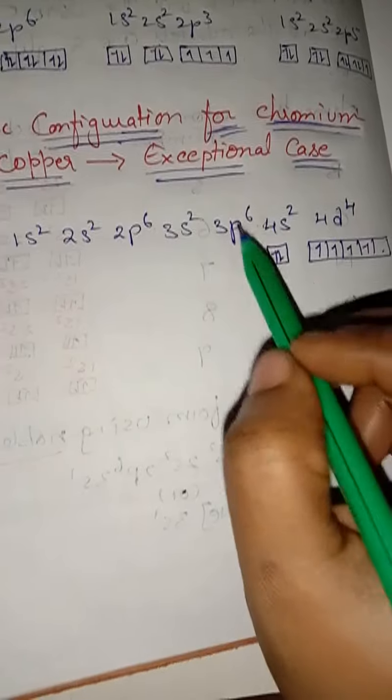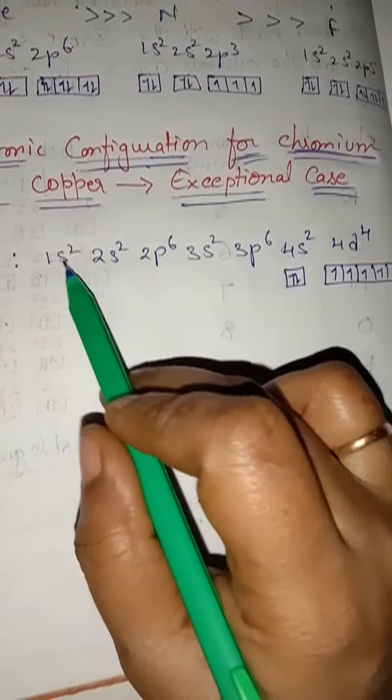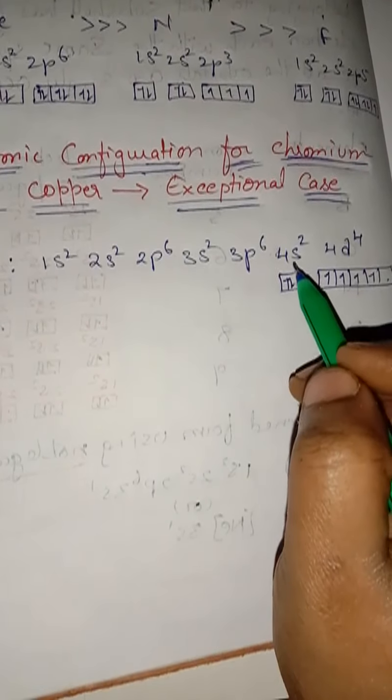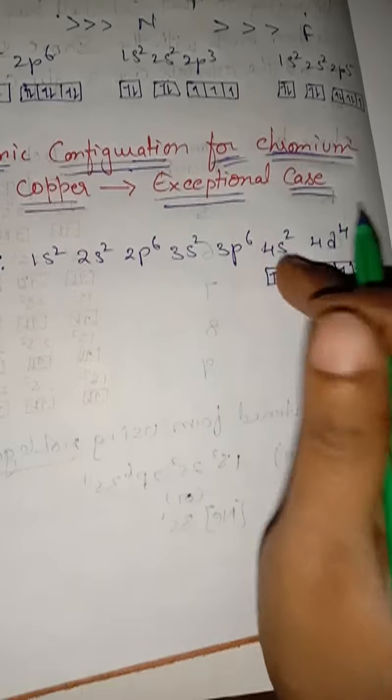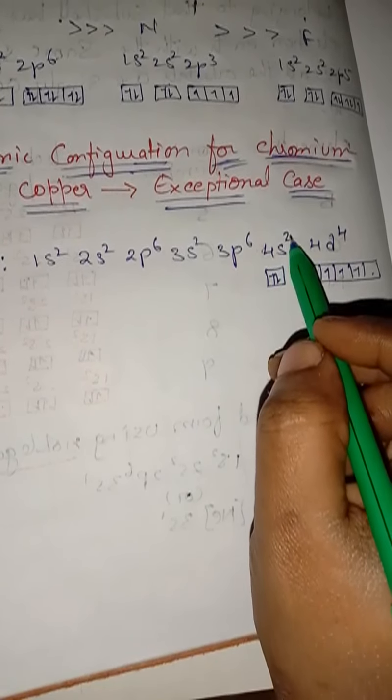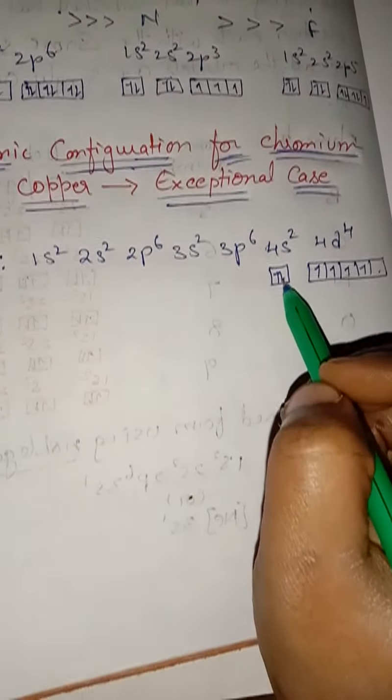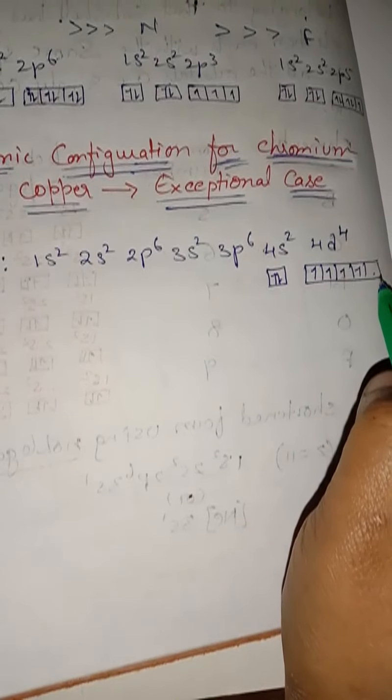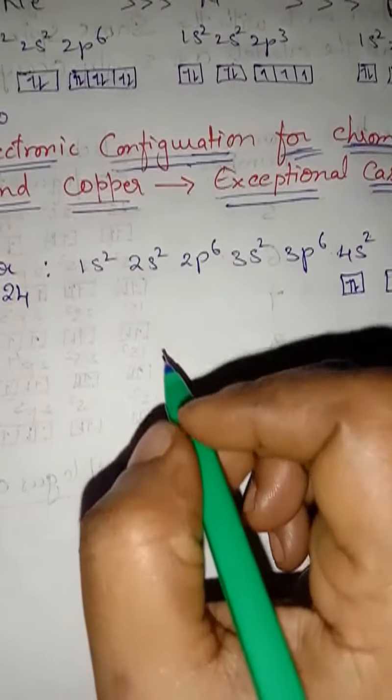If we take an electron from the inner orbitals, they become partially filled. That is why we take it from the nearer orbital, the 4s orbital, which has 2 electrons. So 1 electron will jump to the 3d orbital. Then it attains stability. So what is that case? We are going to see now.